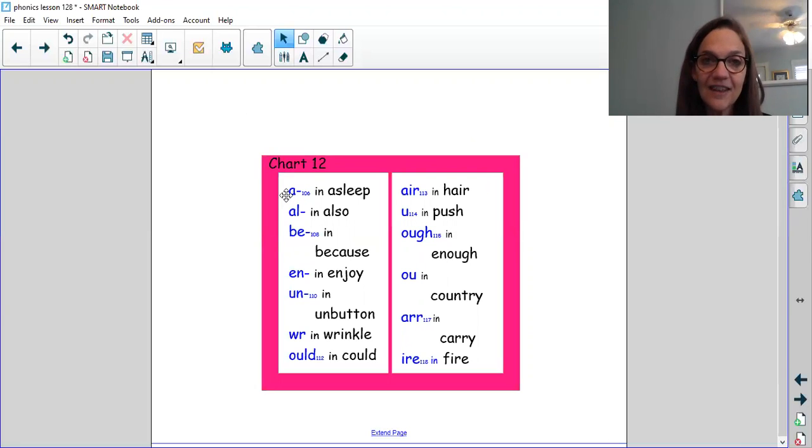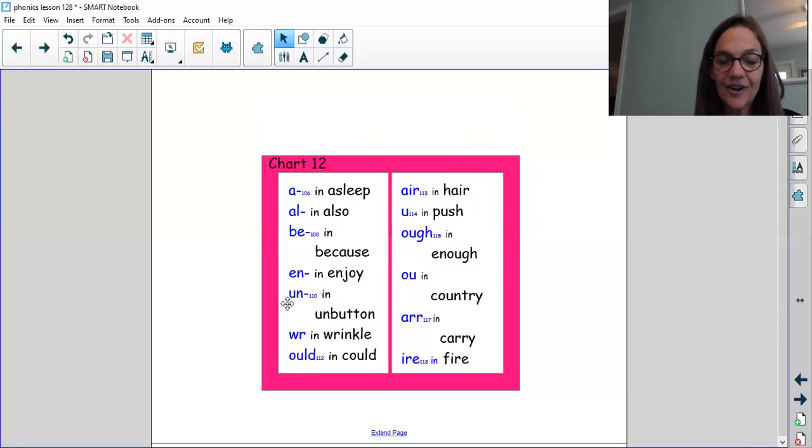A in asleep, A hyphen. All in also, A-L hyphen. B in because, B-E hyphen. N in enjoy, E-N hyphen. Un in unbutton, U-N hyphen. W in wrinkle, W-R. Ud in could,